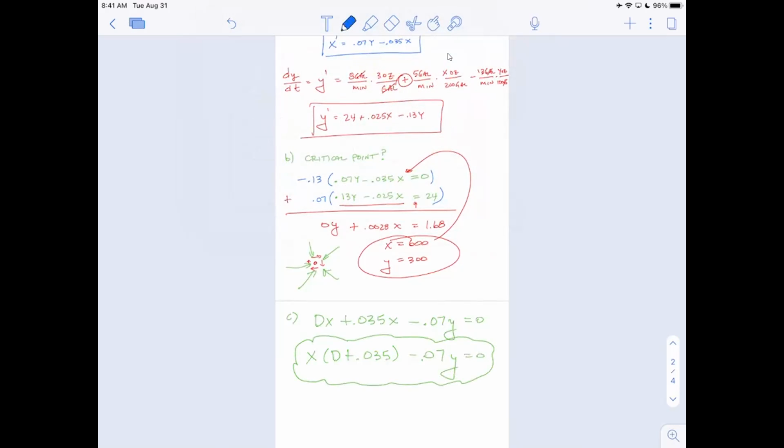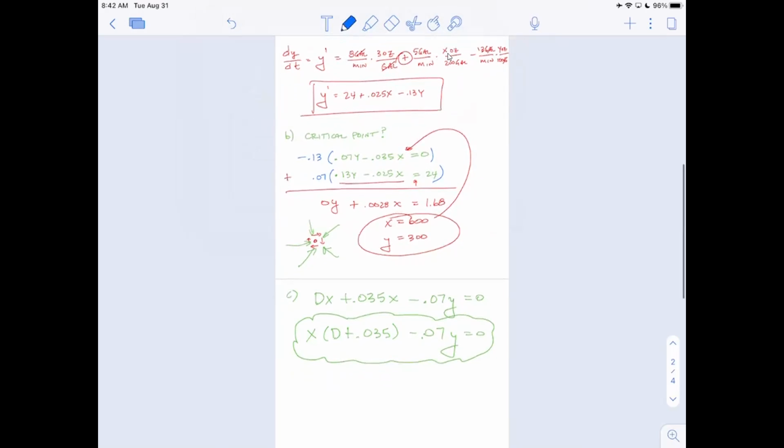And then similarly for our second equation, notice I'm trying to set it all up so that it's x's and then y's and then equals numbers. So I want to do the same thing with the second equation. So I'm going to get all the x's and y's on the other side. So I've got a negative 0.025x. If I subtract it to the left side, there's already a y prime over there, which we're calling Dy now. And then if I move the 0.13y over to that side and leave the 24 on the right side